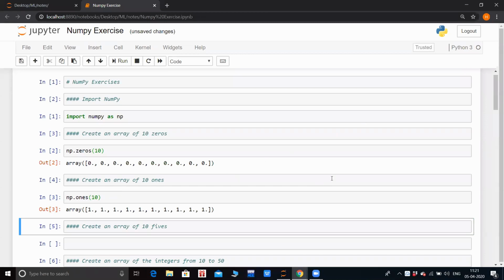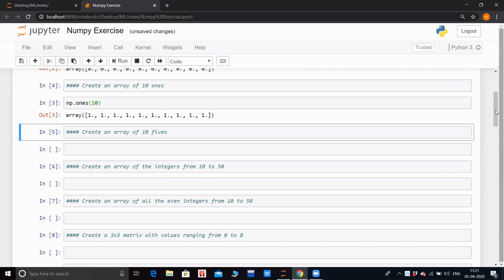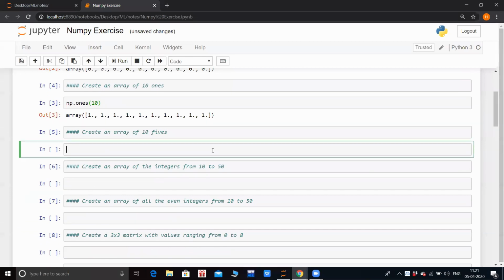Okay, now you want to create a NumPy array of 10 fives. It's again very simple. I'll still wait till 11:23.